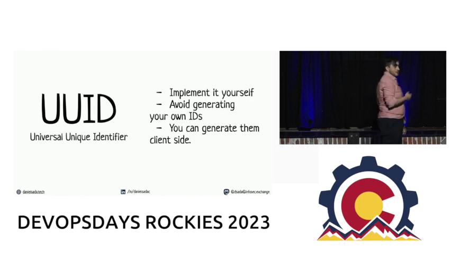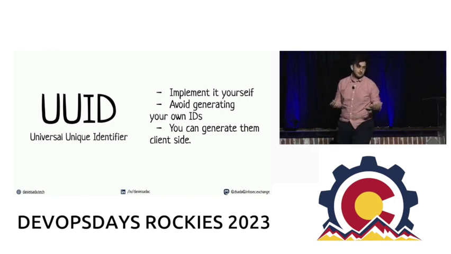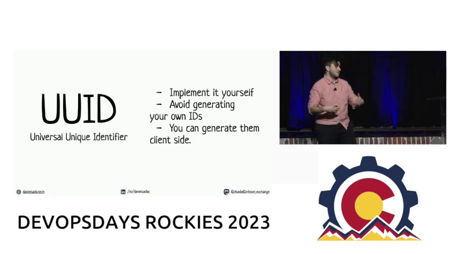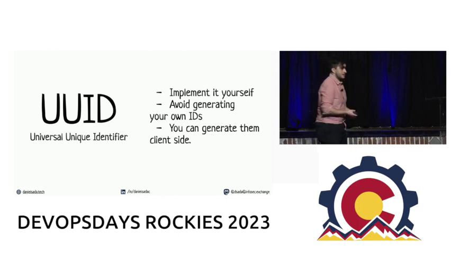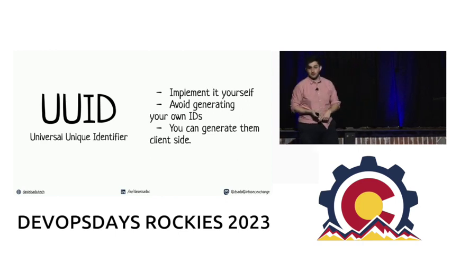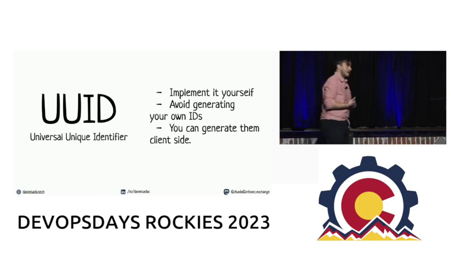OK, so if you're going to implement this, there's no specific library for this, but every time you start a transaction, it could be a payment, it could be a user-generated flow, it could be an API request, assign a unique ID to it so you can trace it throughout your systems. Even if you're in a monolithic architecture, it's really useful.